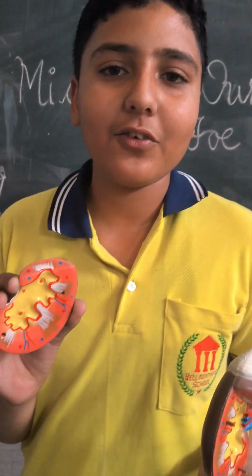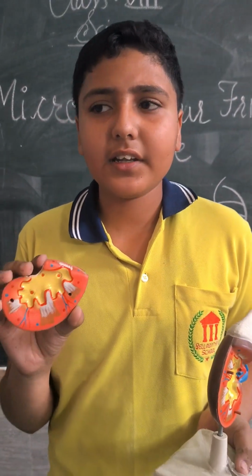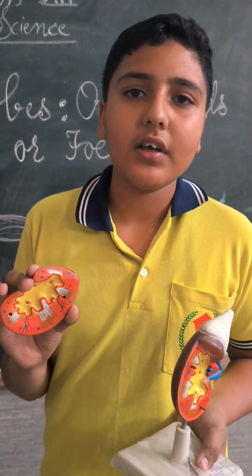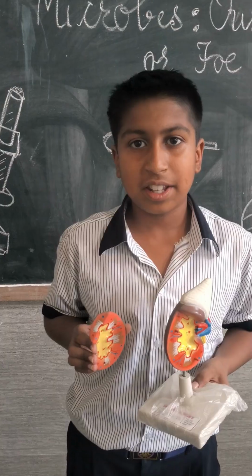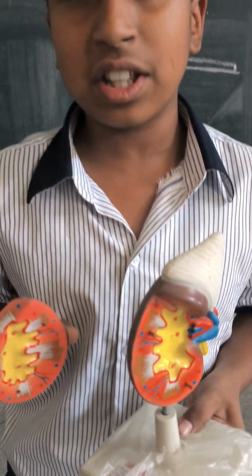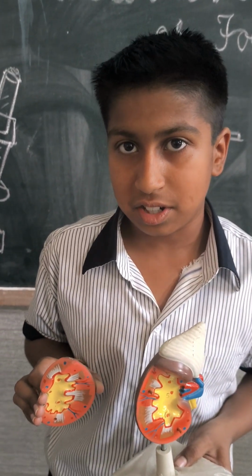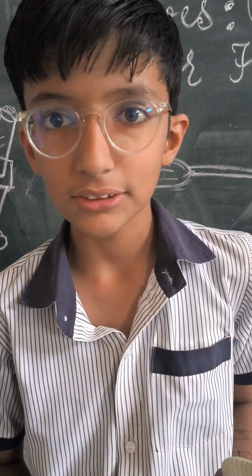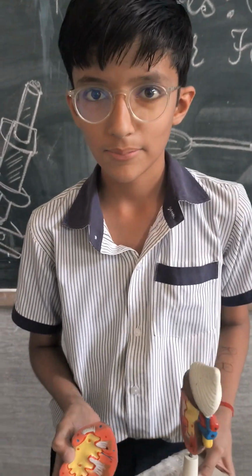This is the inner part of the kidney. It has nephrons that clean the blood and make the urine. In the excretory system, we have 1 pair of kidneys, 1 urethra, 1 urinary bladder and 1 pair of ureters. We have to drink so much water to keep our kidneys healthy. Yes, students, I suggest you drink lots of water to stay healthy.